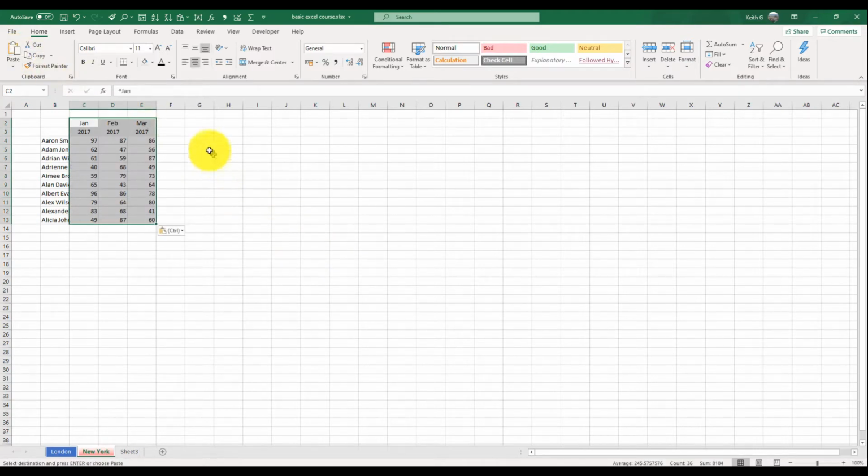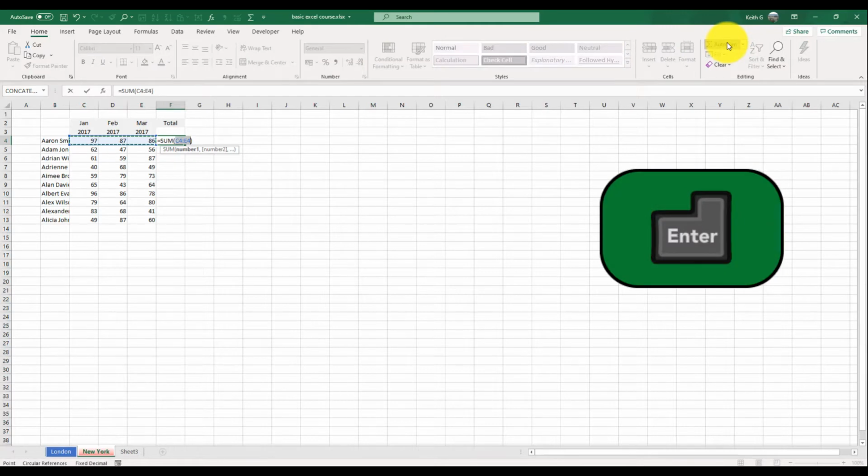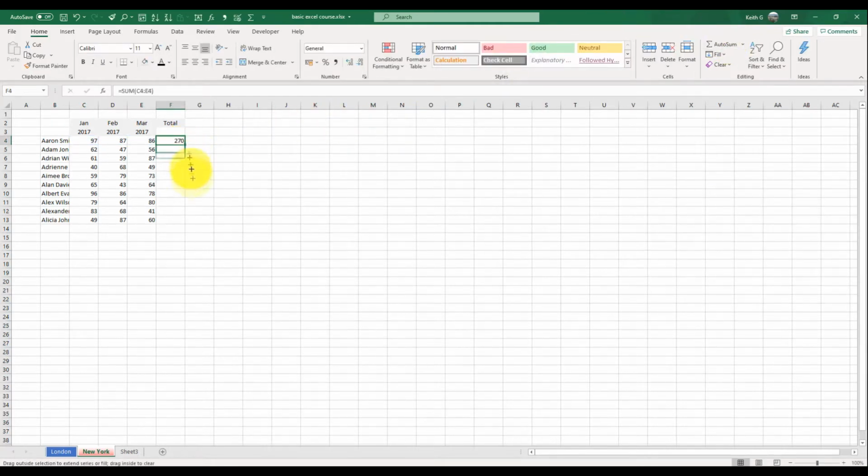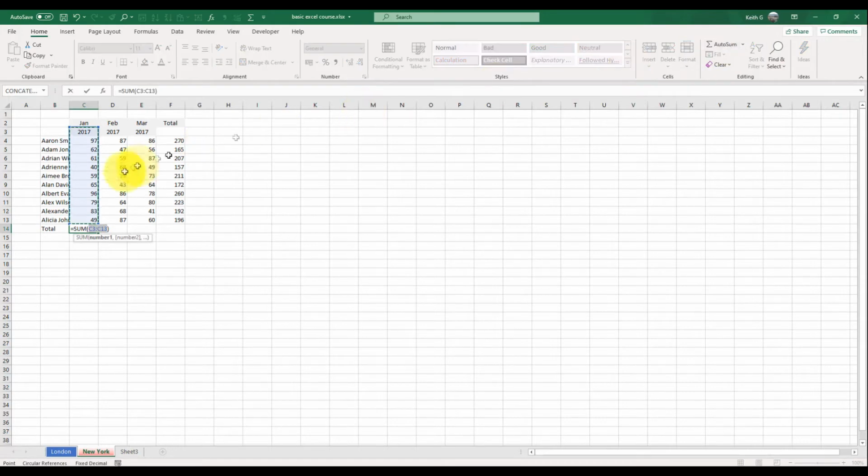Paste. There we go. And if we want to total here, so press total, press autosum, enter, and click there, drag that down. And suppose we've got total at the bottom, so total there, and then autosum. Now it's added the year in, which we don't want, so just select the range that we want, press enter,